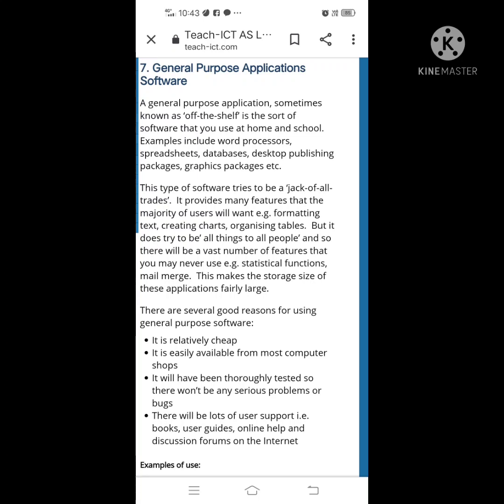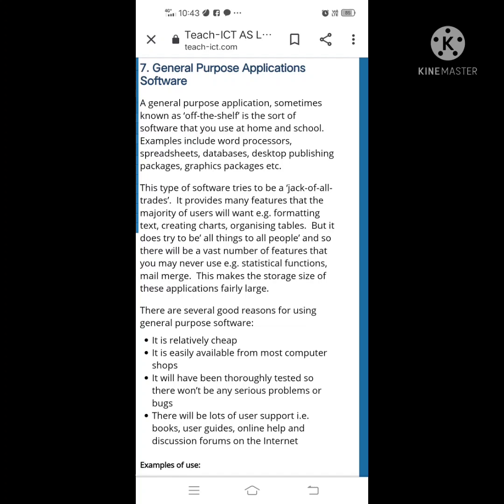Many of us are using application software, but still there are many features that we are not at all aware of. Examples of such things are statistical functions, mail merge, etc. Even so, there are several good reasons for using general purpose software.